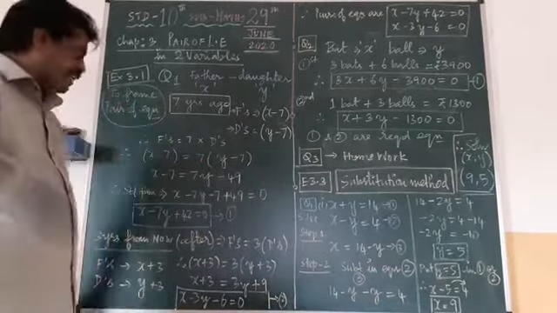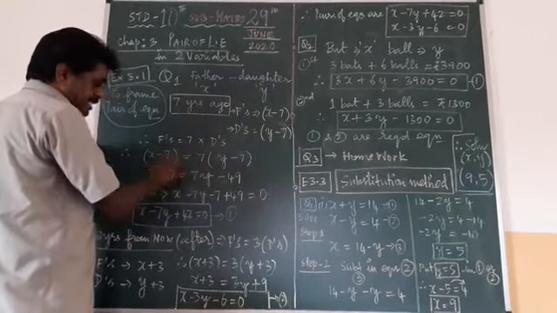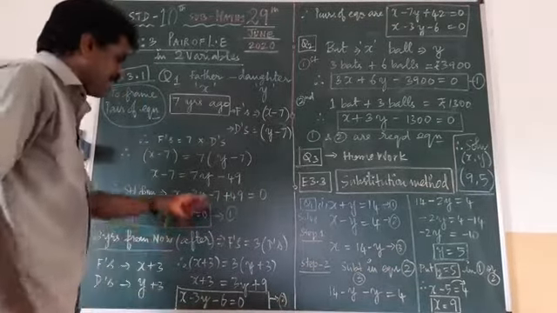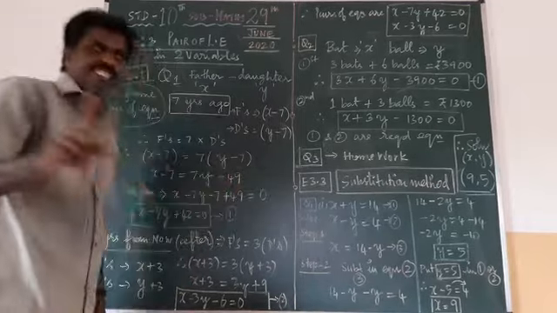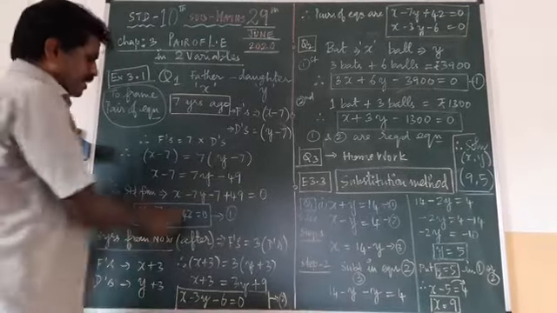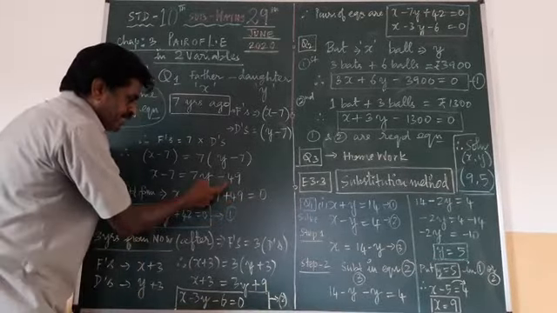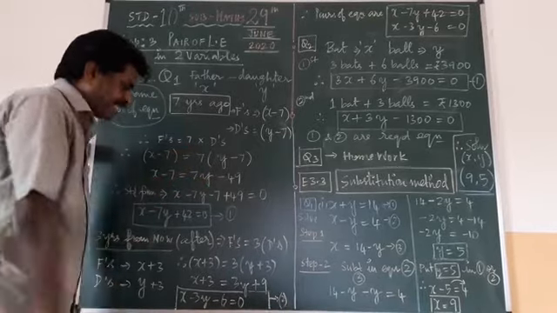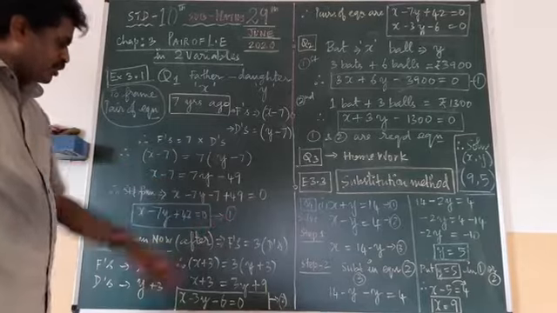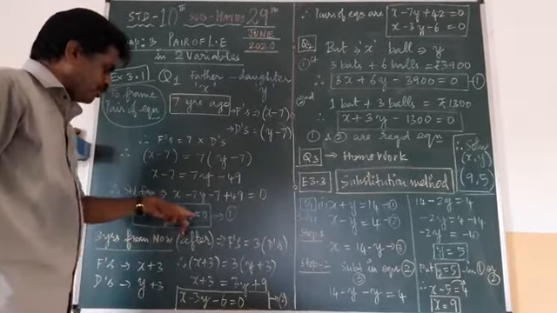Make it in standard form. Standard form: X minus 7Y, I am bringing from this side to this side. The number term I am also bringing here, that is equal to 0. That is the standard form. Now I am simplifying here. X minus 7Y, minus 7 becomes plus 49. Why is it becoming 49? Because I am taking this 49 to the left-hand side. So plus 49 minus 7, 42, equal to 0. That is your first equation: X minus 7Y plus 42 equals 0.